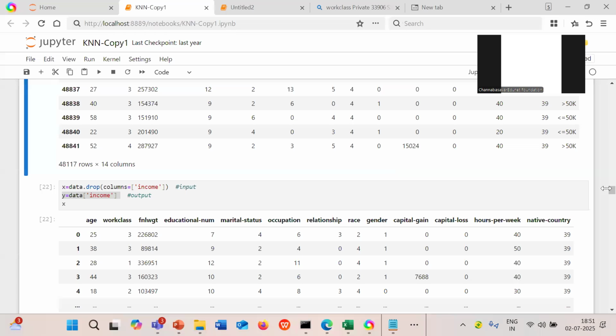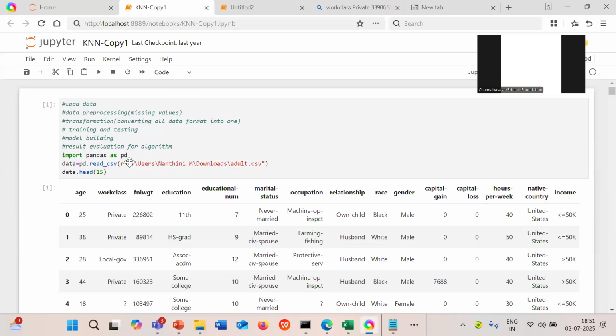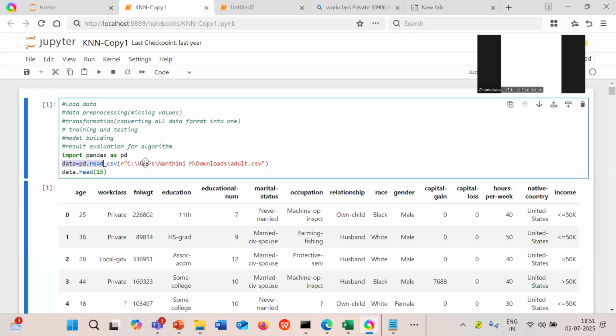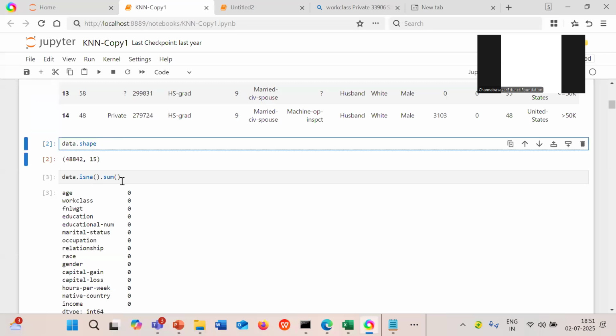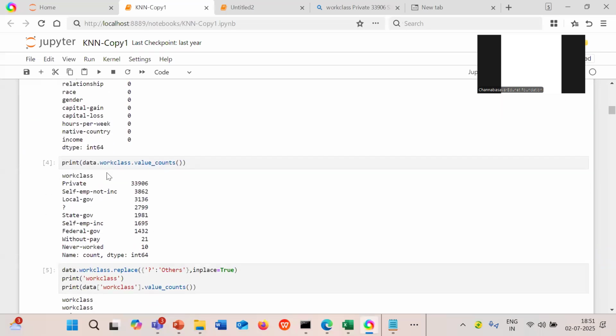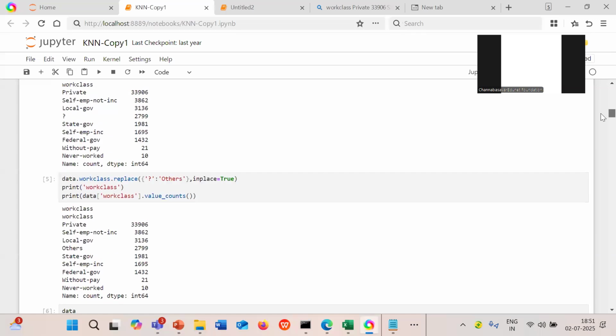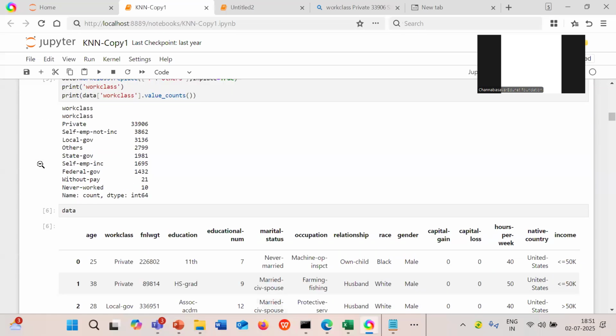Let me quickly show you the recap of all the implementation that we have completed in today's session. First we imported all the necessary libraries to work with the data. Then we imported the data set from the local system. Then we visualized the data in terms of rows and columns and evaluated whether any null values are present in the data set. Then we worked with the different subcategories of the data set using the value counts method, and then we replaced the special characters in the data with a proper value using the replace method.